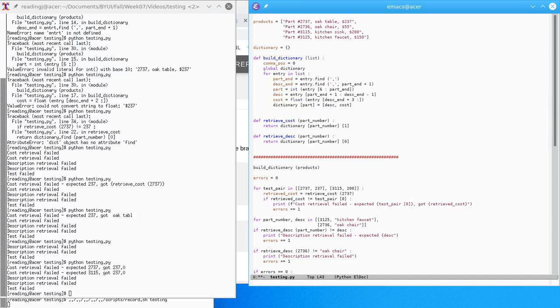Expected desk, got, whoops, I missed this other, let's see, whoops, yes, okay, I forgot that. Okay, retrieved desk equals